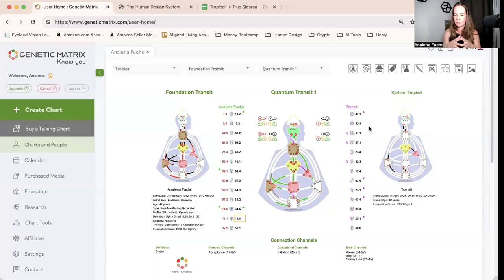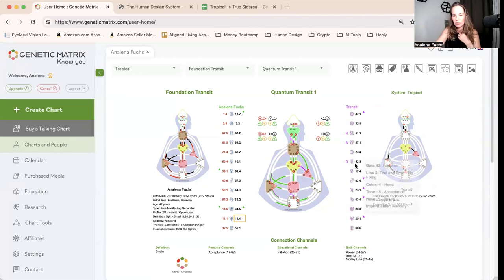So here you probably won't see any kind of difference with the sun and the earth. They most likely will have moved into the next line. So it's going to be 42.2 or already 42.3, because maybe right now we're actually already close to 42.2. And then the earth is in gate 32.1 right now. And then tomorrow or later today, it may be in gate 32, but the line 2 already, until it's going to the line 6, and then it moves into the next gate, right?